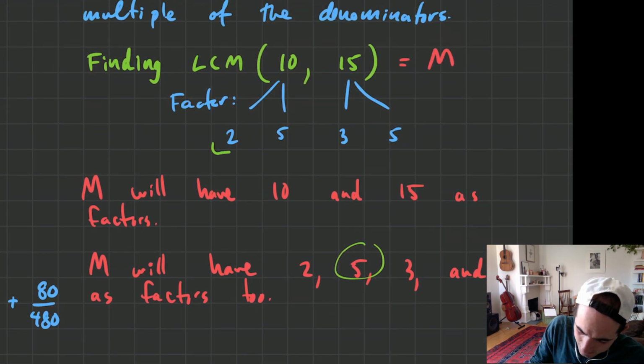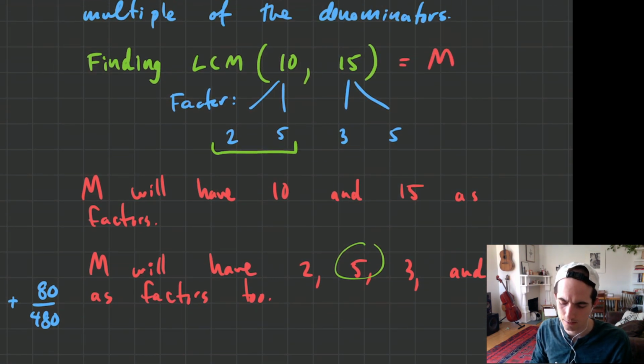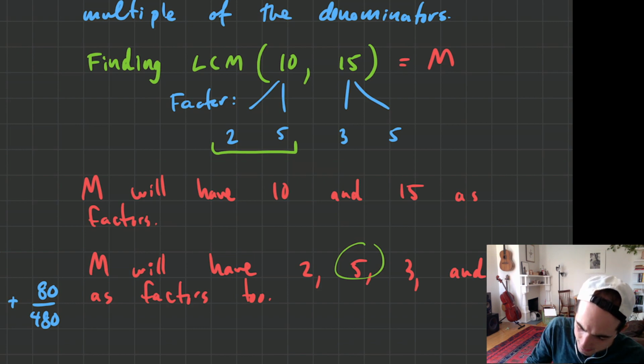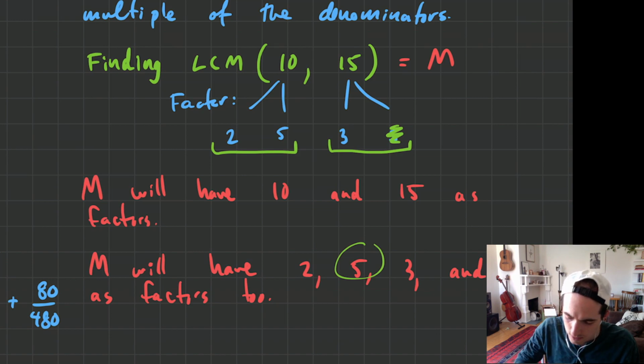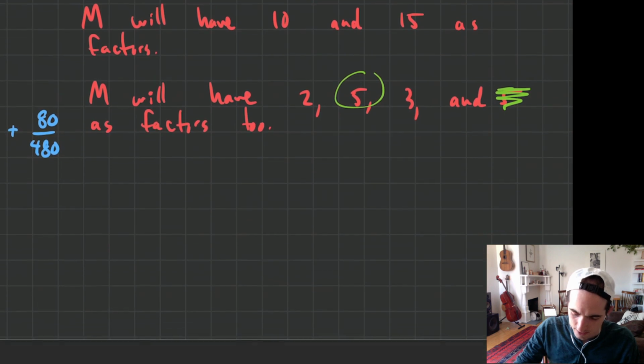We look at all of these factors and say, okay, I need 2 and 5 in my least common multiple. The number that I'm looking for is going to have 2 as a factor, it's going to have 5 as a factor, and then I look at the other number and say, okay, well, it's got to have 3 as a factor, and it also has to have 5 as a factor. But hold up, I already said 5. I don't need 25 as a factor. I only need 5. I don't need 5 as a factor twice. I only need 1 factor of 5. So that gives me 2, 5, and 3. So the LCM,